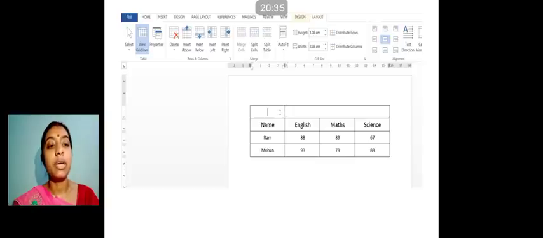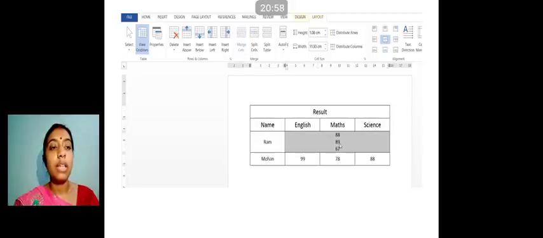And now I'm doing this one, the Merge Cells. I have to select it, then I click on Merge Cells. Now whatever is your requirement, the heading, I have entered. Now you can see the lines are removed from between. Yes. Now let's see with the data that is there in these cells, merged. You can see now all that data converted into one particular cell. All that data came under one cell. Clear?